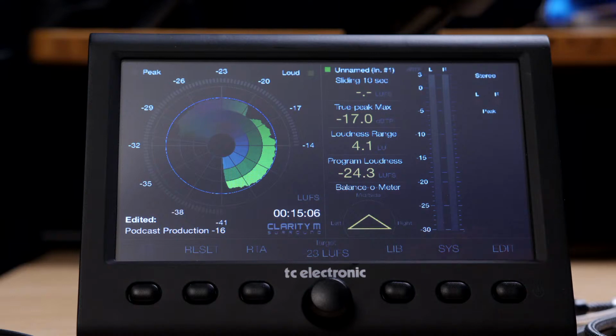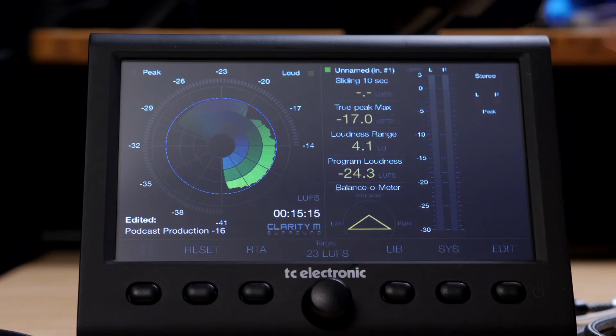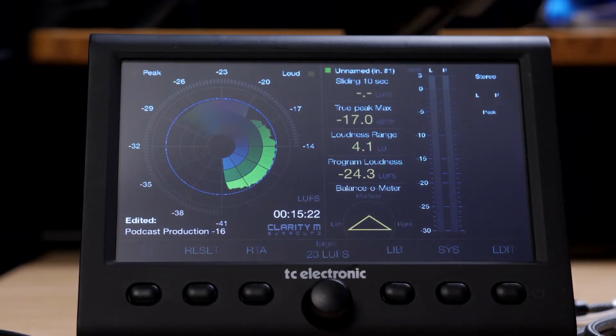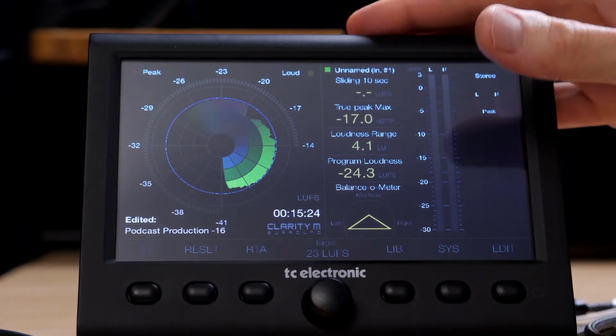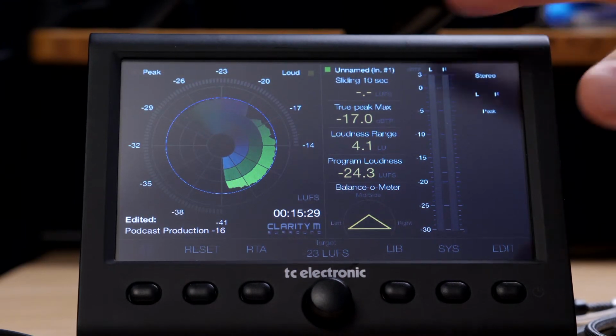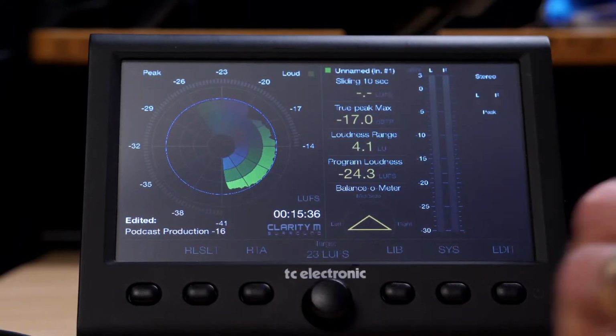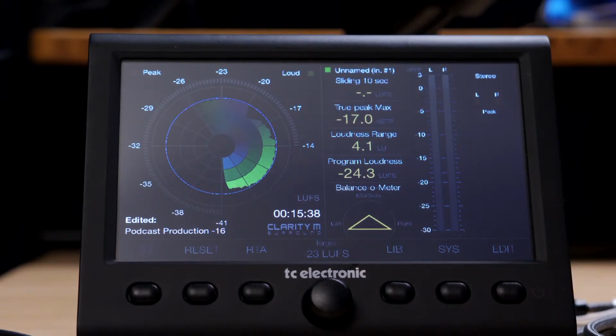That's better. Okay. What I want to do is tell you a little bit about this hardware version. There are software versions of loudness meters as well. This one is kind of interesting from the standpoint that it could be used for live events where you feed a digital feed of the audio into the back of the meter here at the end of the signal chain, or as close to the end of the signal chain as you can, and that'll give you an opportunity to manage your loudness here by watching the levels over time. So we'll come back to that one in just a minute, but let me first of all talk about what